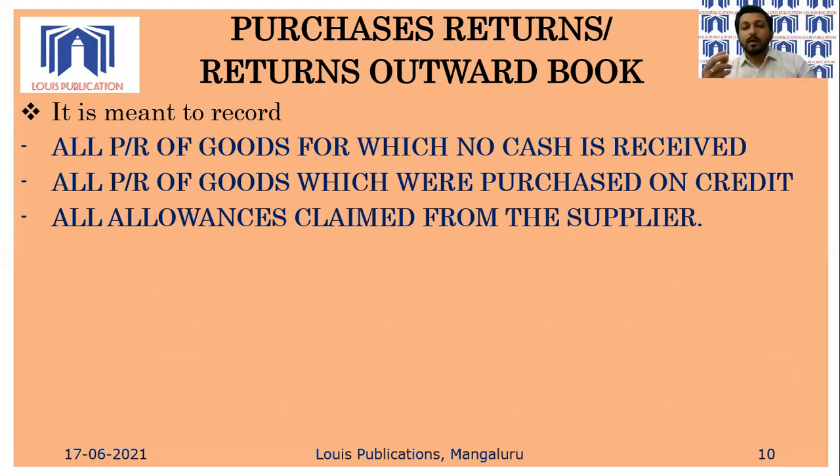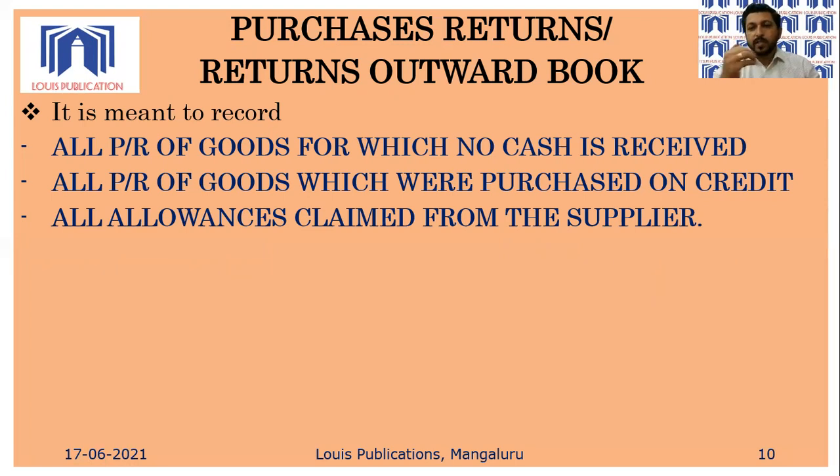But we have another, cost effective option, because returning the goods back to Bangalore also involves cost. Remember this. So instead of returning the goods to that supplier in Bangalore, I can ask for an allowance, means reduction in the amount of the bill. I will keep the television because I know next I had to order anyway. Anyways, I have received. I will keep, but I will ask for reduction in the amount of the bill.